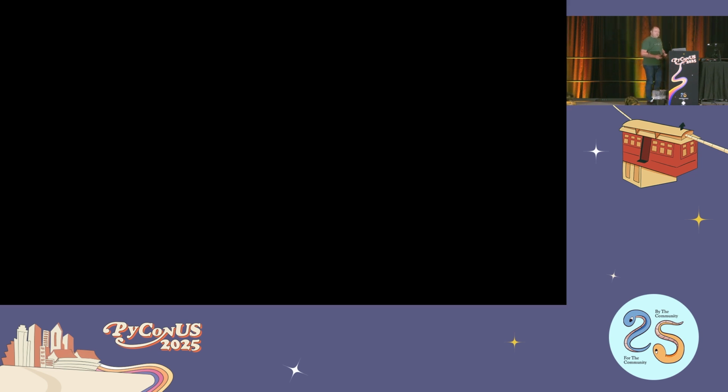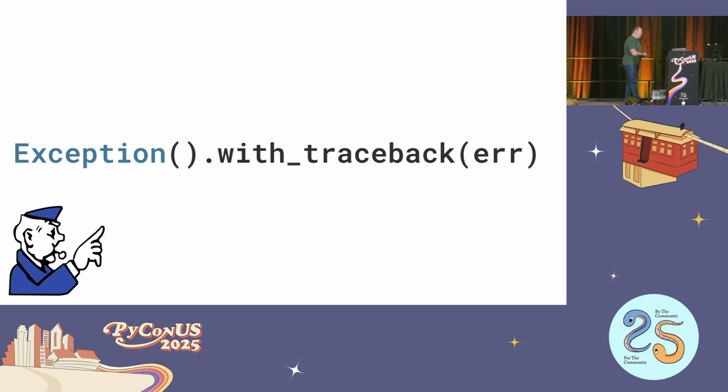So that's the reasonable part of the talk, where we cover exception handling things that will likely come up in practice, that you might need to know, that might be a good idea to ever use. But we haven't covered the fun stuff or the new stuff yet. So let's keep going. I mentioned that you can replace tracebacks.